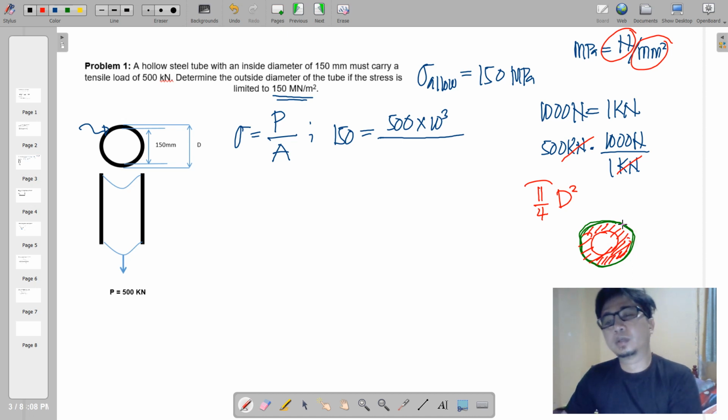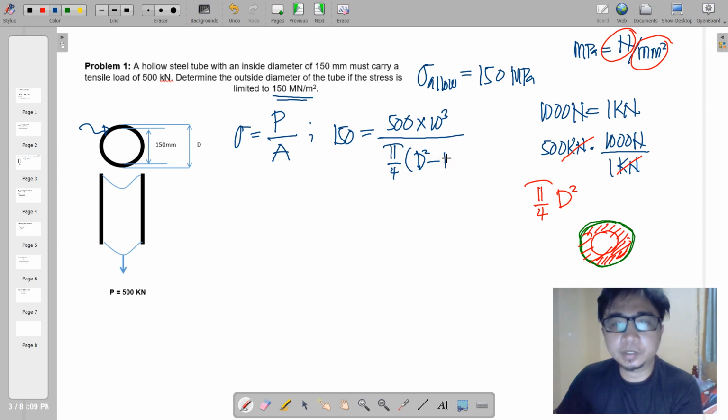Meaning we apply this to the larger circle minus the smaller circle. So in short, we have the formula pi over 4 times the larger diameter, which is the unknown, minus the smaller diameter, which is